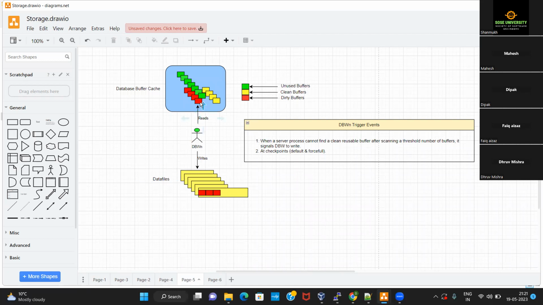So these dirty buffers need to be written to the data files. Now, who is going to do that? Who is responsible for writing these dirty buffers from the database buffer cache onto the data files? That is the Checkpoint job.